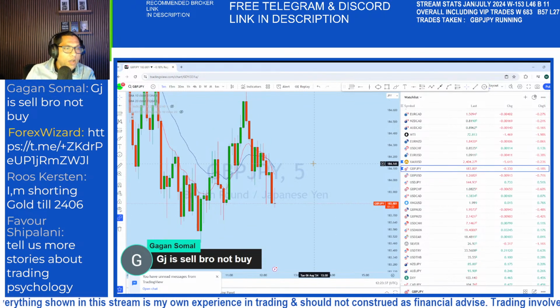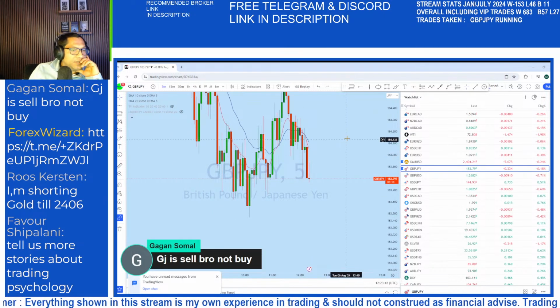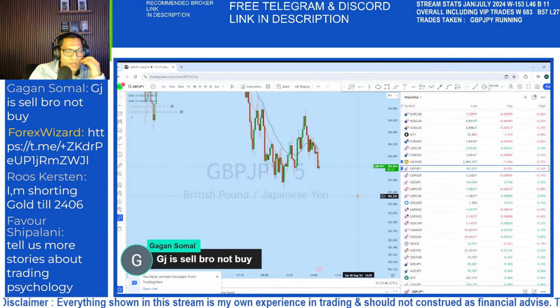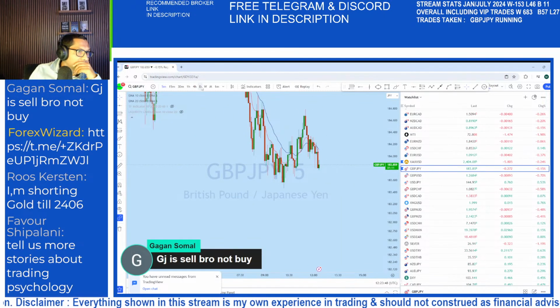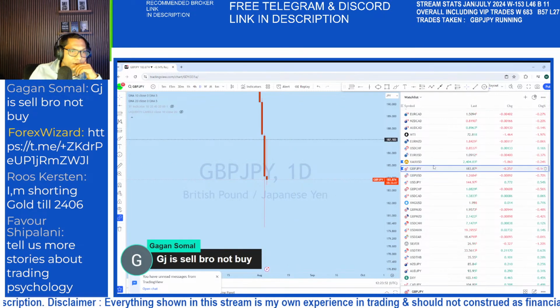Okay, GBPJPY, we can see that it's forming this structure, and with this structure the price action may break the daily support. If we look at the gold,